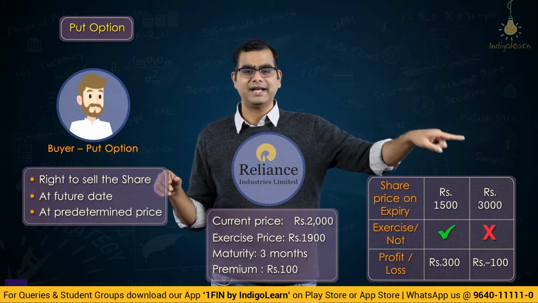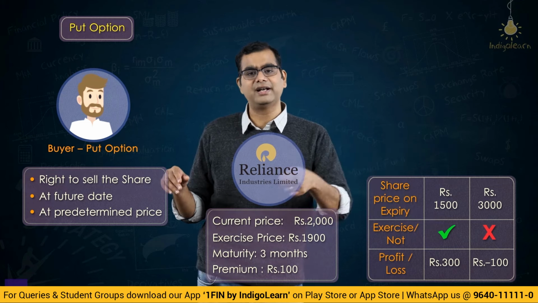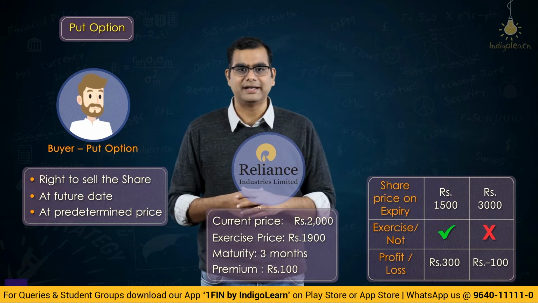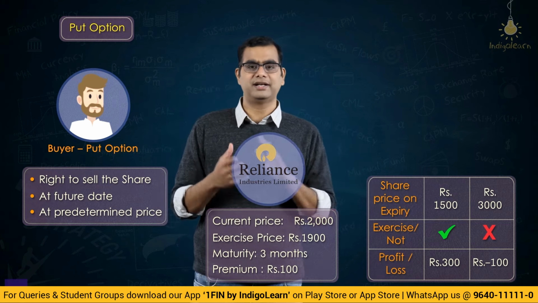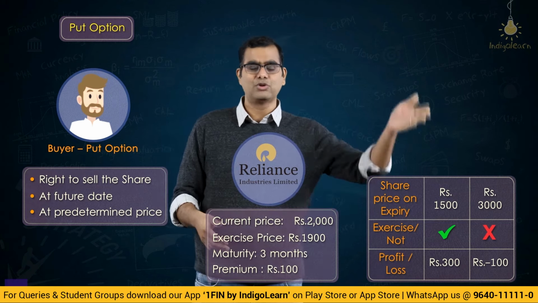But if the market price is 1500, you will say, no. I will sell it to him at 1900. I will buy from the market at 1500 and sell it off to him at 1900, and I will make 400 profit, adjust that 100 rupees of premium and make a 300 net profit. Whereas if the price goes up,